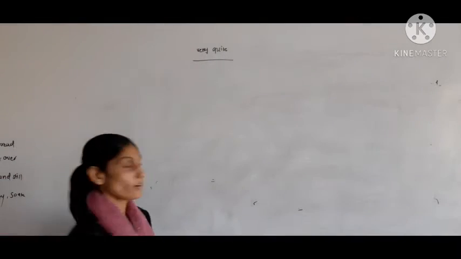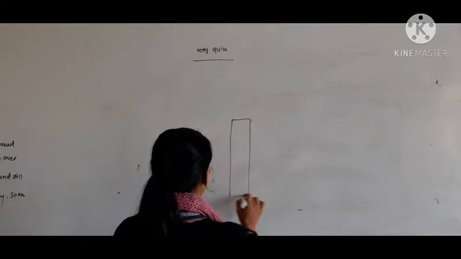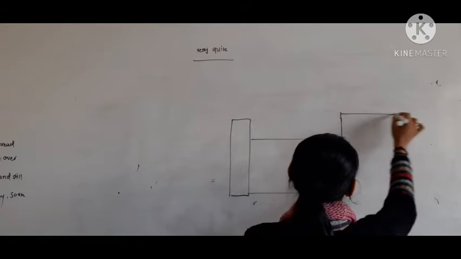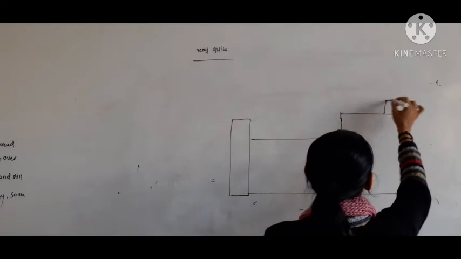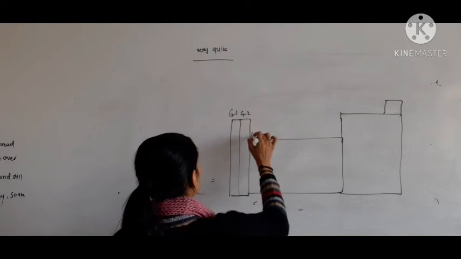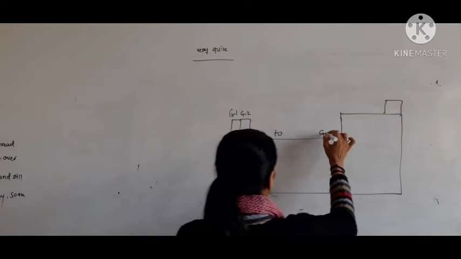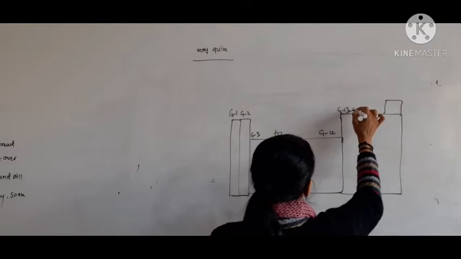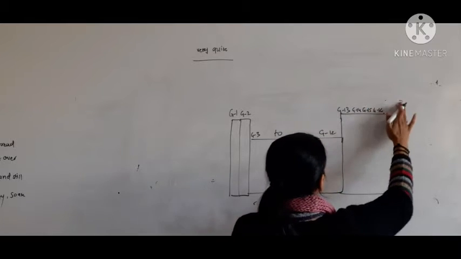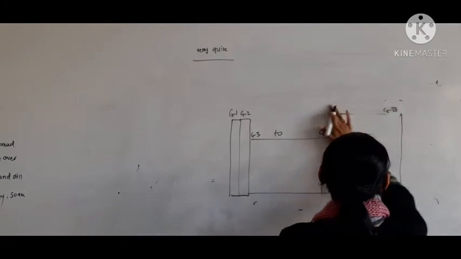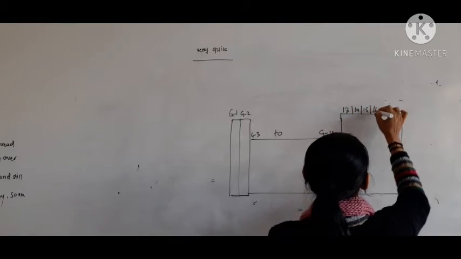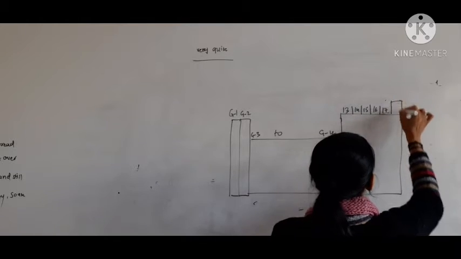So when we talk about the modern periodic table, I am just going to give you a clear picture of all the atomic properties which we have learned till now. Here there are group 1 and group 2 elements. I am writing group 1, group 2, group 3 to group 12, then group 13, 14, 15, 16, 17, and this is group 18.